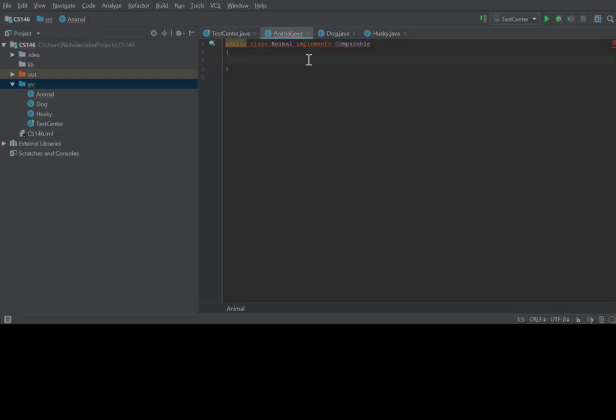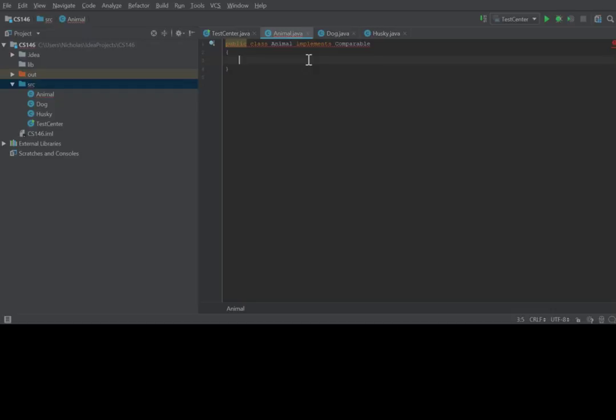So the requirement for extending classes is you can only extend from one at a time. Okay? Multiple classes can extend from one parent, but you cannot extend multiple classes. So the way that works is we have animal. Let's say we have dog. You can have fish. This is multiple classes inheriting from one superclass. What you cannot do is have